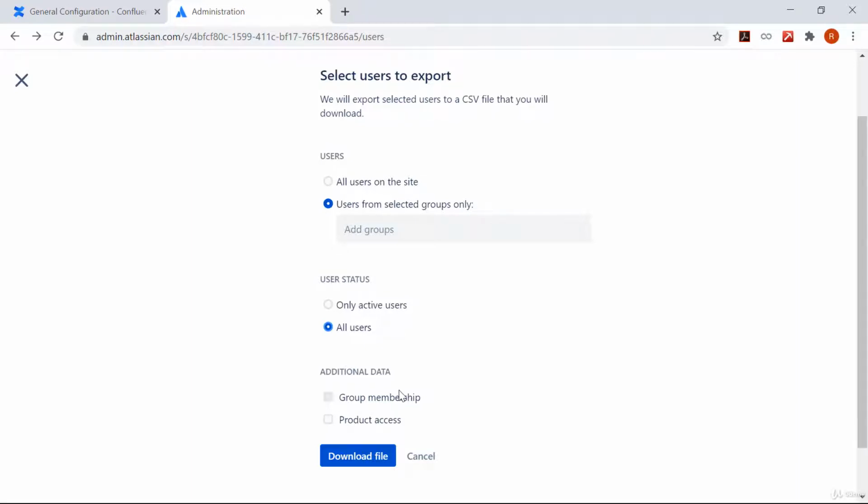To display multiple groups, a user will get a row in the CSV file for each group. If you select the product access, the file will include a yes or no value to indicate which products the user can access. So let's select product access and click on download file to export users from this site.